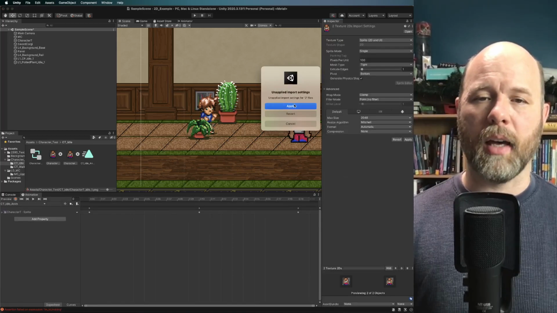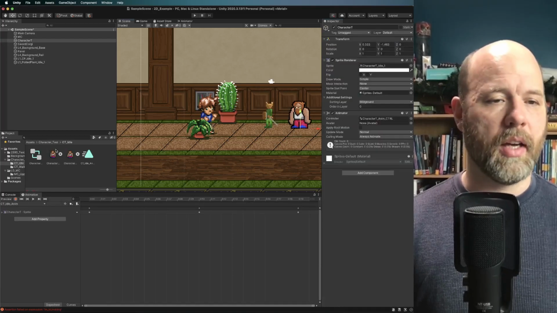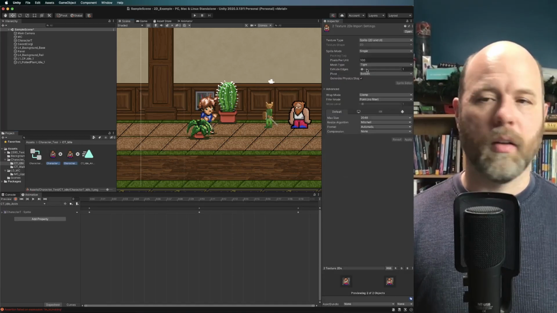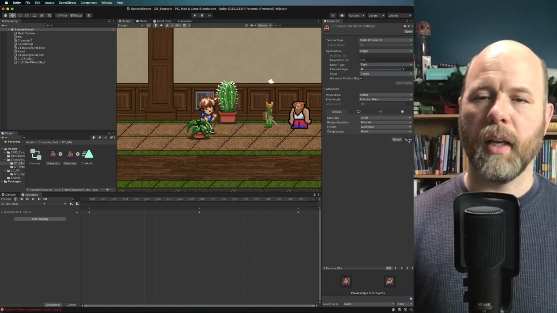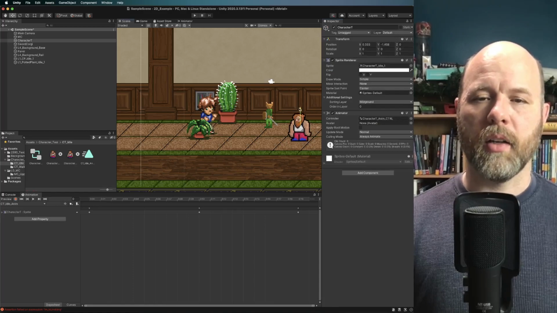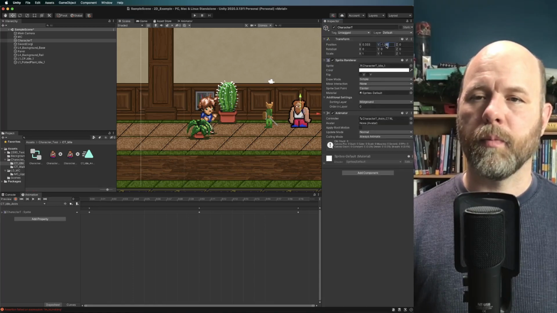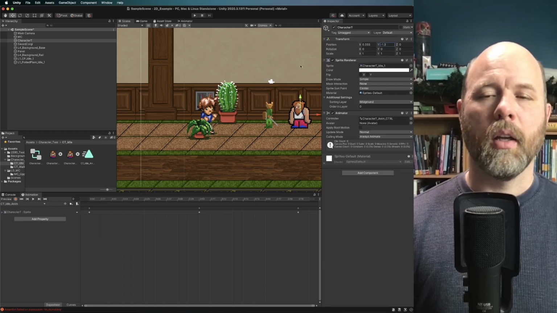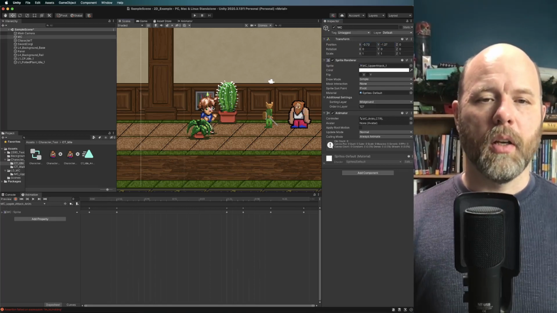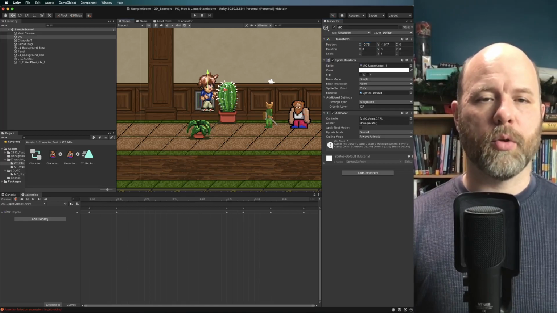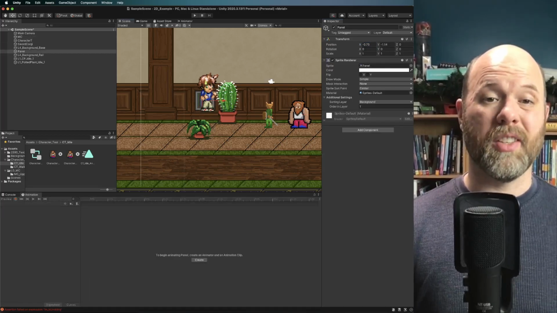So I'm going to move this back, apply these changes really fast. I'm going to put it back at the center for now and hit apply. Move that character kind of back up in a position. 1.3. Okay. So let me show you how this works with this other character where the sprite is not necessarily in